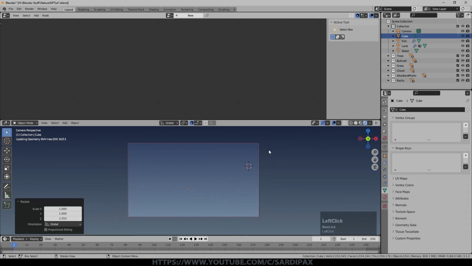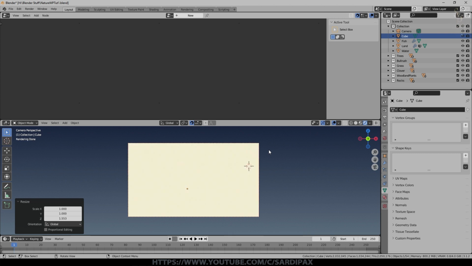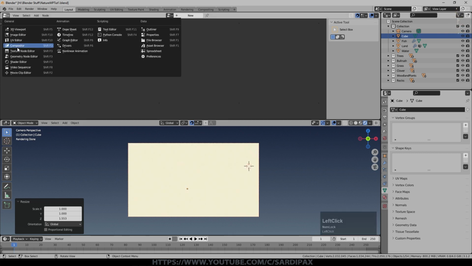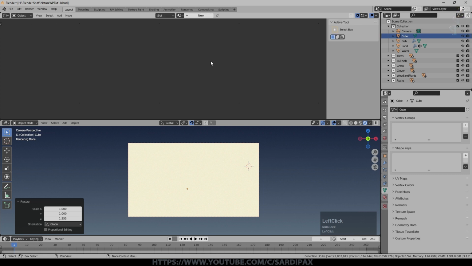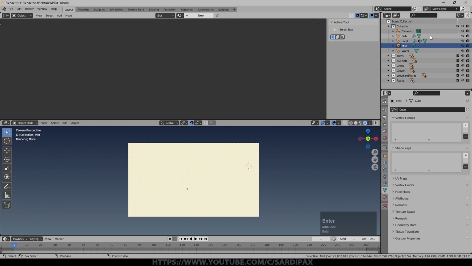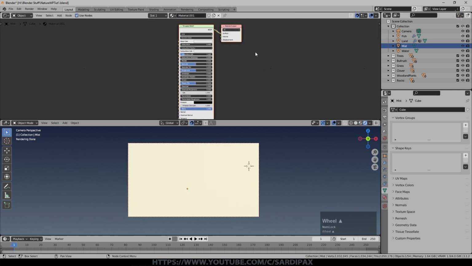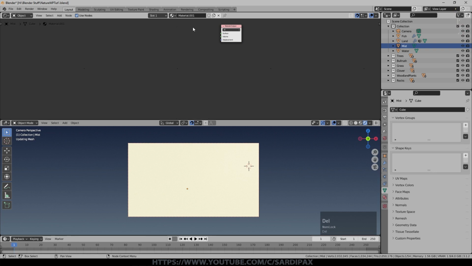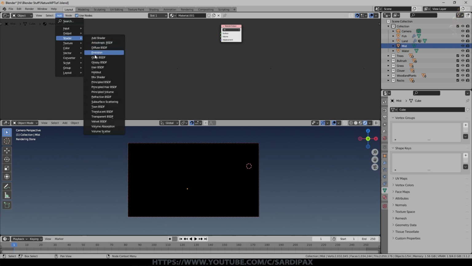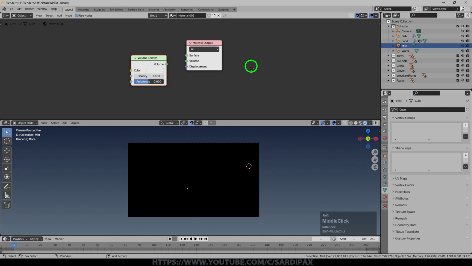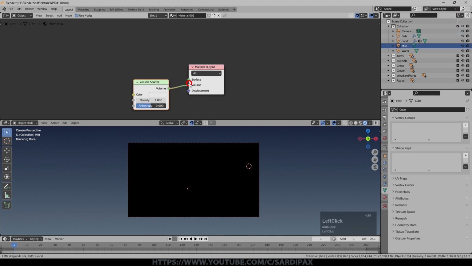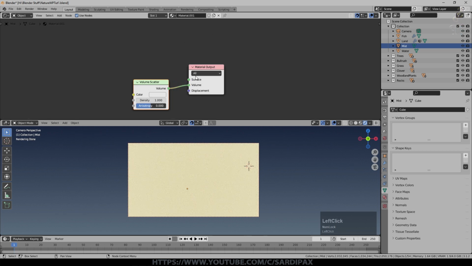I'm going to go to rendered setting now, and obviously we're inside a cube, so we can't see anything at the moment. But under shader editors and object, I'm going to change the cube's name to mist. With the mist object selected, I'm going to say new, and we don't need the principled shader this time. So I'm going to remove that, and I'm going to add under shader, a volume scatter node. And obviously very important, that goes into the volume input, not the surface input.